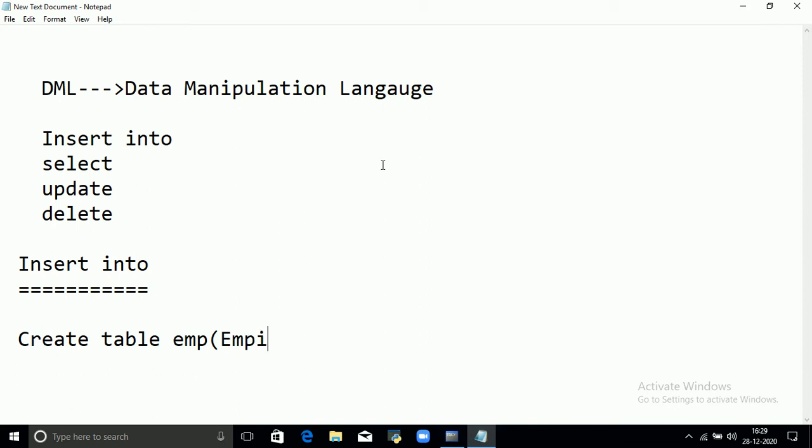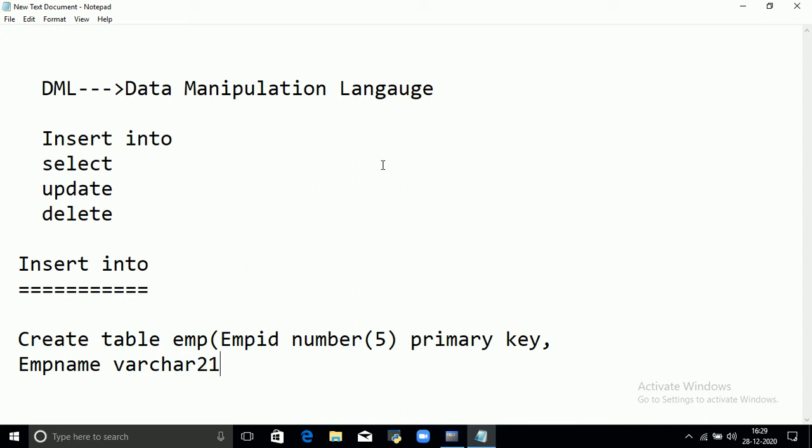So emp id, IDs are number data type of size and give the constraint as primary key, and emp name, that is varchar2 of some size,